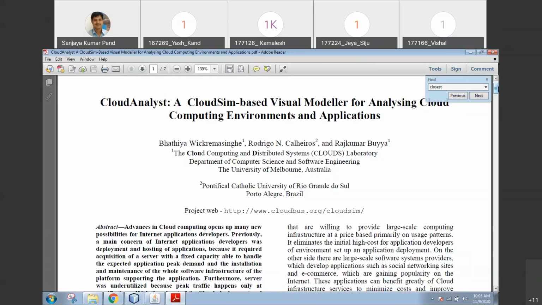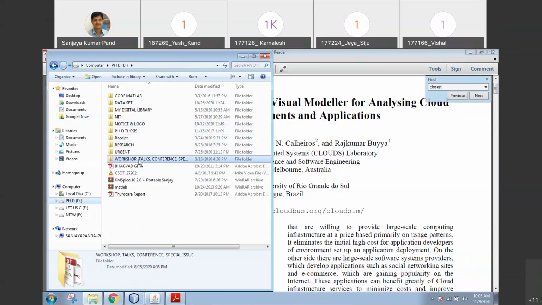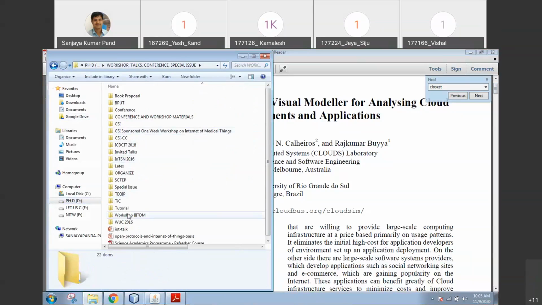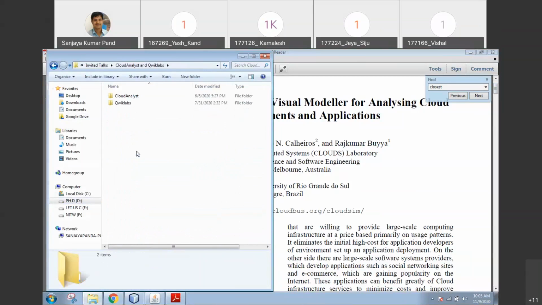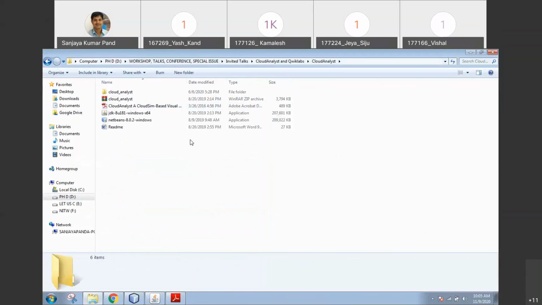So in order to install CloudAnalyst, I am showing a folder. Let me show you what things are required. I will select these things so that you can install them on your computer as well. For CloudAnalyst, you require NetBeans. I have some version; you download the updated version. You also require